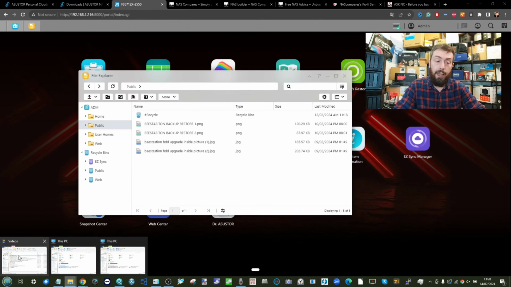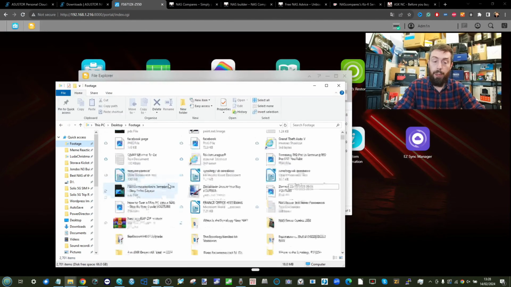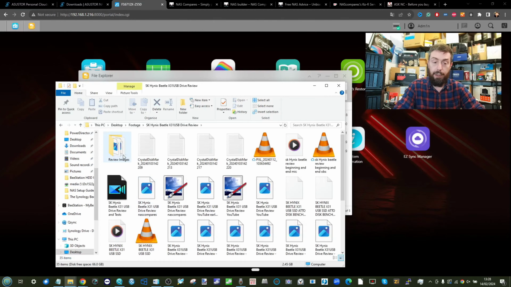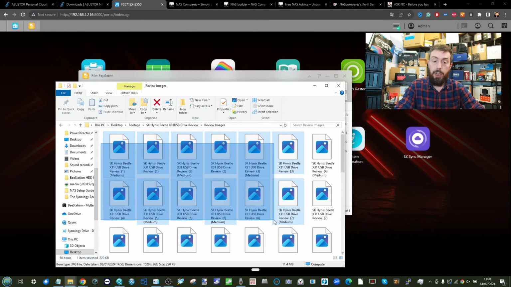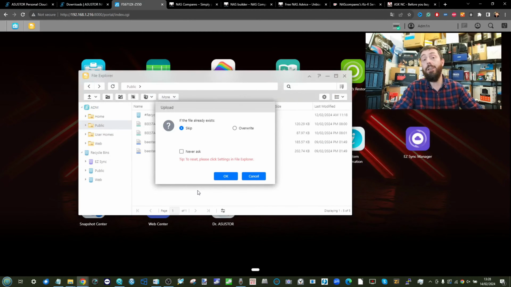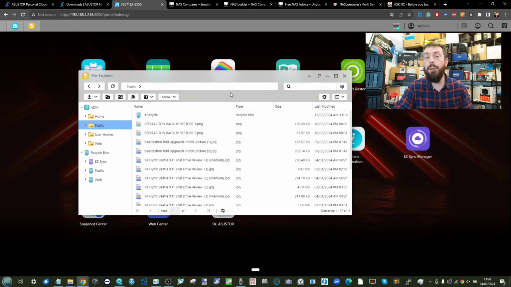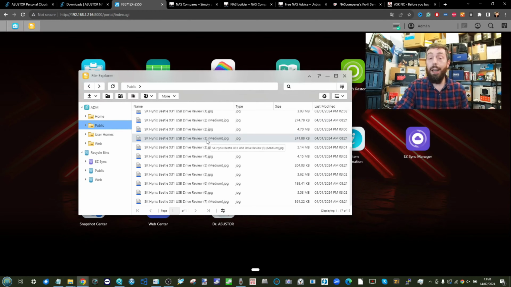Alternatively, you can head in to an area of storage on your system, find an available folder, such as I'll do there. Let's select any random folder, select some images, and you can highlight some files and just drag and drop them if you wish into the web browser. And again, choose whether you want to overwrite the files with the same name or have them skip it so you don't waste time on those. And as you can see, it will now start uploading this data onto the NAS